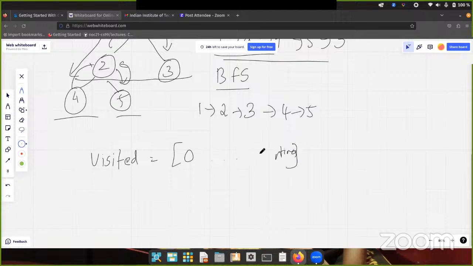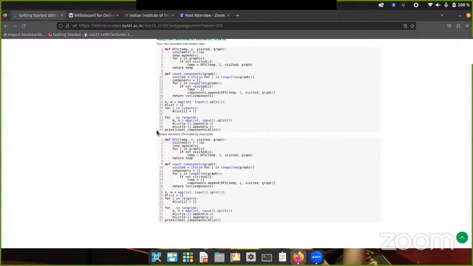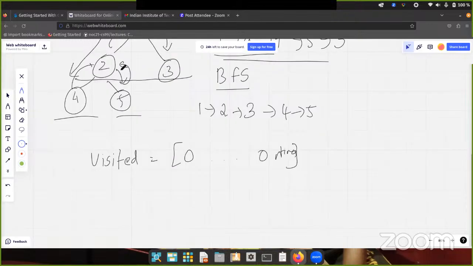There are n zeros here for visited. Now for i in range of the length of the graph, we iterate through every node of the graph. If it is not visited, we'll have temp, and we'll find the components of that.